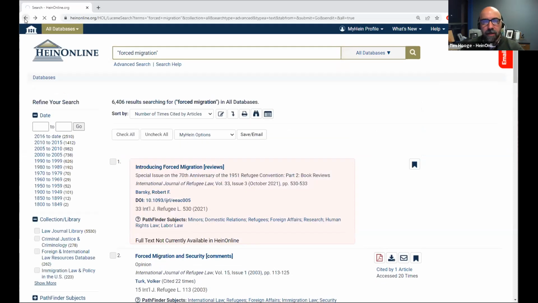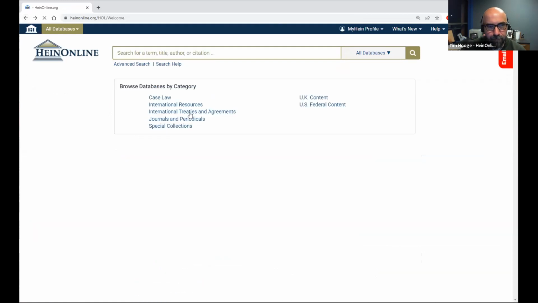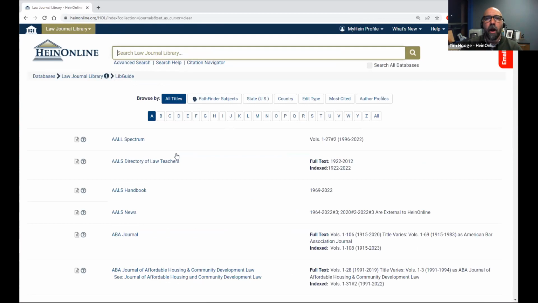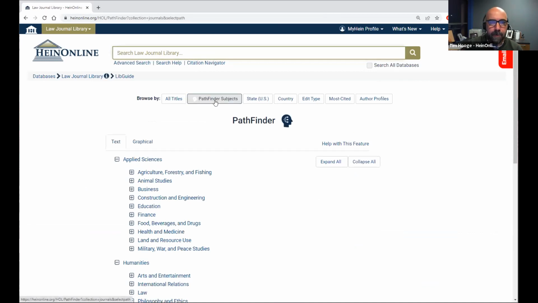I'm going to jump back to our databases once again. And this time I'm going to jump into our journals database because I want to show you our Pathfinder search subjects and what we can do with those. Because obviously forced migration could be discussed in a wide variety of articles. Maybe it's only discussed at one point within the article, and the article is talking about a wide variety of different subjects. Well, this is where we can really hone in on the subject that a particular article is covering